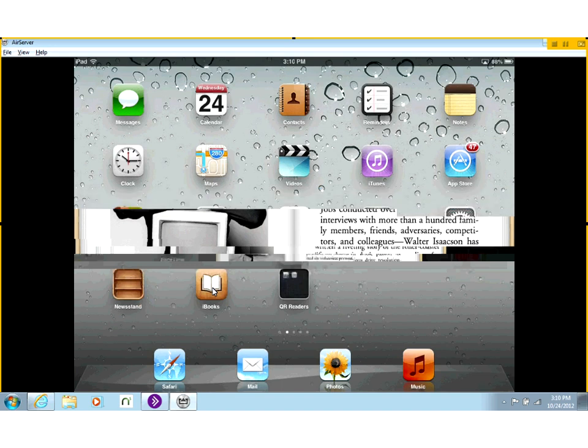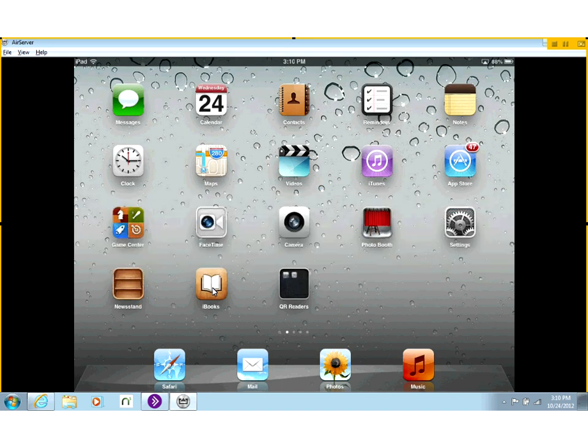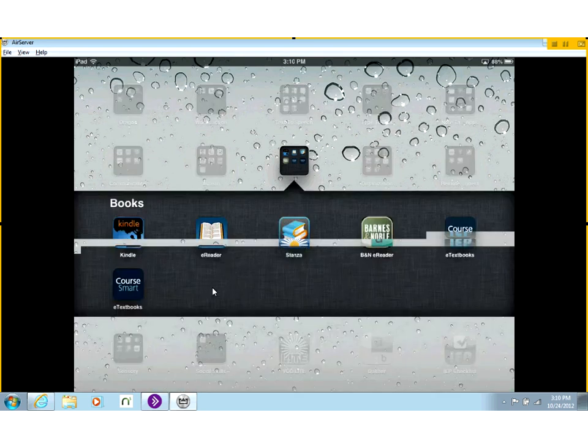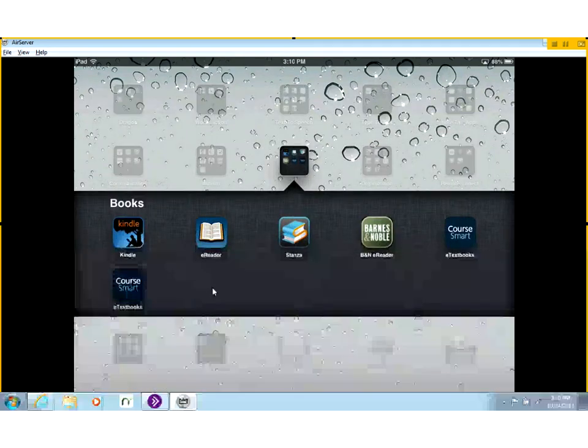that within iBooks. The other area where we haven't seen that highlighting is if you pull something in, maybe through Dropbox, and you want to have that read out loud, that won't even let us select the text or read it. Also, if you look at, and I'm just going to slide over here for a second, I've got several reading apps where we can download books from Kindle, e-reader, Stanza, Barnes & Noble. Any of those that we open up, it does not allow you to select the text to have that read out loud either. So really what you're looking at is notes, email, internet sites,